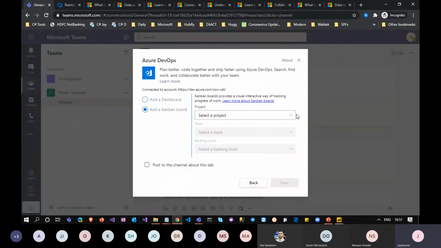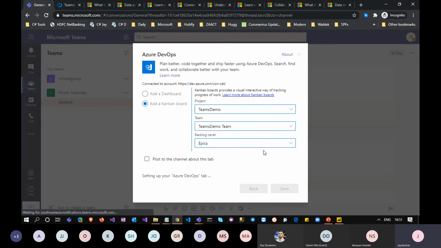A Kanban board is used to view the task status and task details, but you won't get any report kind of view. For example, I am going with the epics. I have created some epics over here. This is the project I have created, and this is the team. I'm just going to save it.